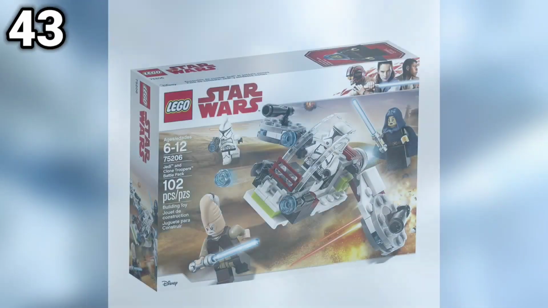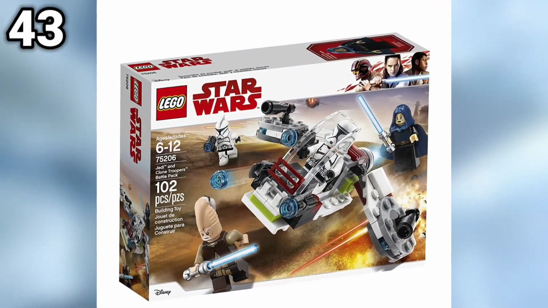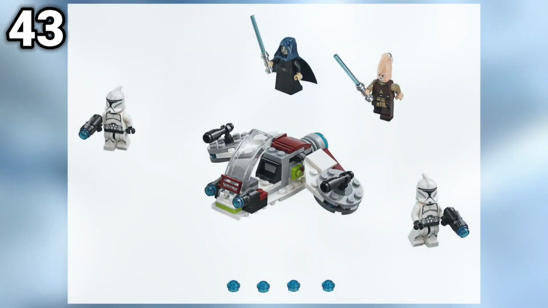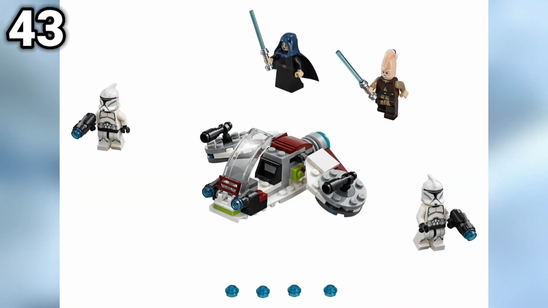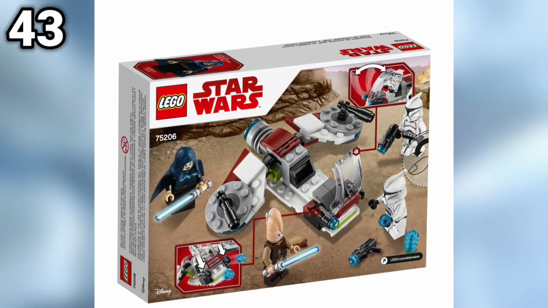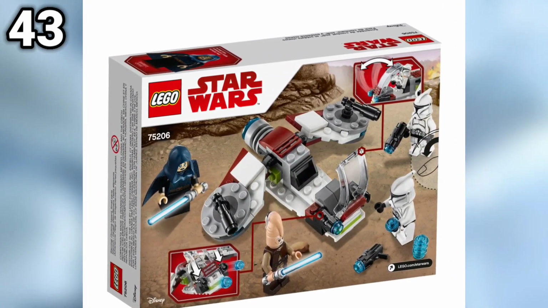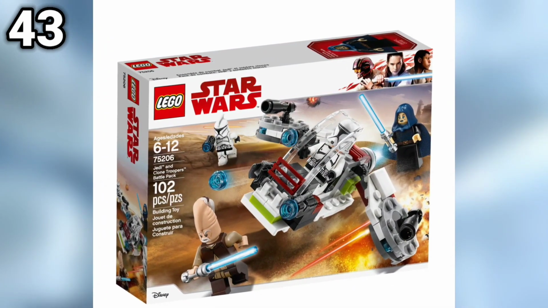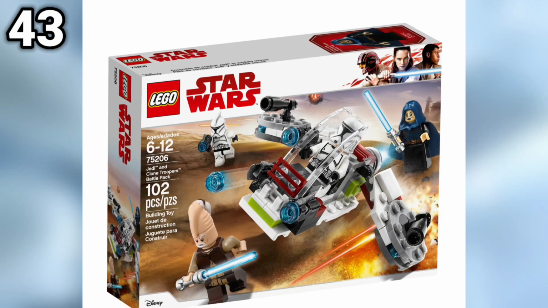And then number 43 spot, we have the Jedi and Clone Troopers Battle Pack, set number 75206, and this retailed for $14.99 in 2018. It included 2 clone troopers, which looked great, but also 2 named Jedi with Ki-Adi-Mundi and Barriss Offee, which obviously is not optimal for army building,